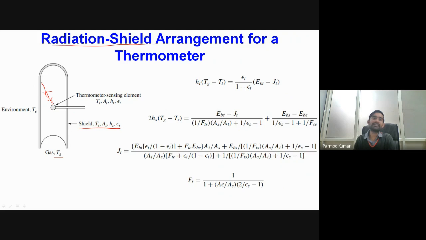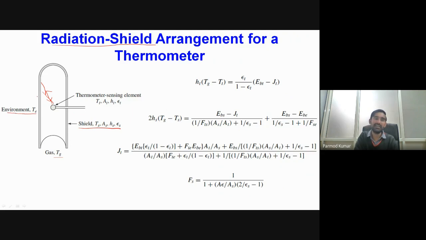Okay, so under this scenario, if we are considering that we are having a perfectly reflecting surface, corresponding to that we will be having net radiative heat transfer from the surface of the thermocouple equal to 0. But obviously that perfect situation will never occur, so we will be having certain loss at the surface of the shield also, and moreover whatever shield we are having will also be subjected to the environment at temperature TE.